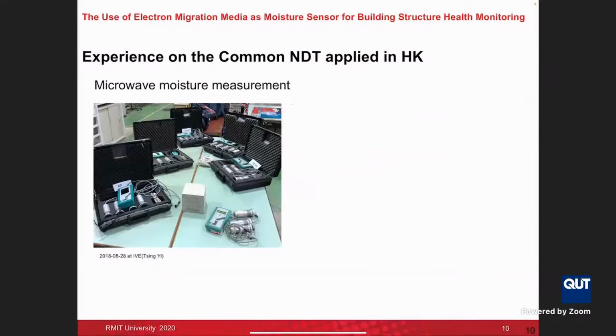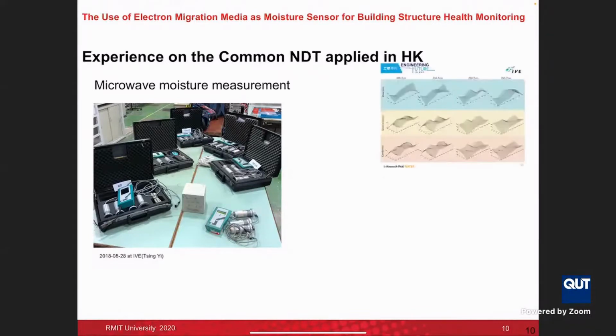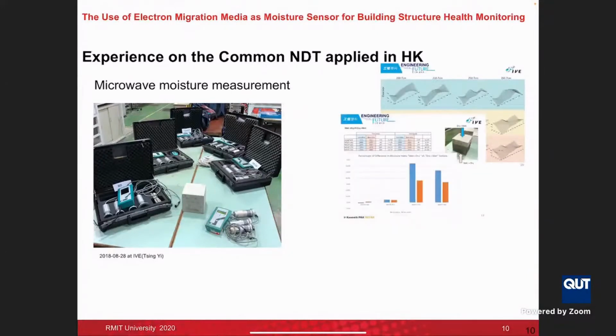On the other hand, we have some experience with common NDT. For example, the very extensively used microwave moisture meter. You can see here a picture showing the 6 devices we collected in Hong Kong, and we did some research on this device. People in Hong Kong are trying to use this device to measure the average moisture content inside a concrete mass. But from our study, we found that this device is quite good in mass concrete, but we are working with reinforced concrete,